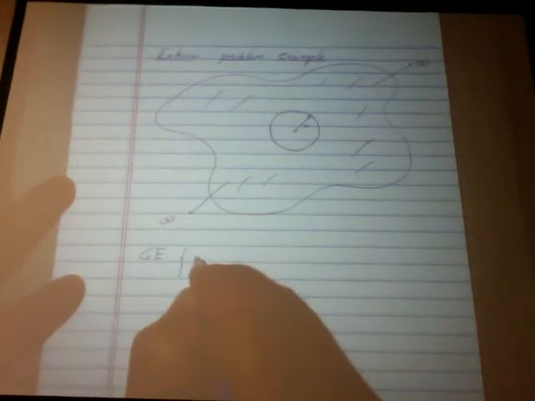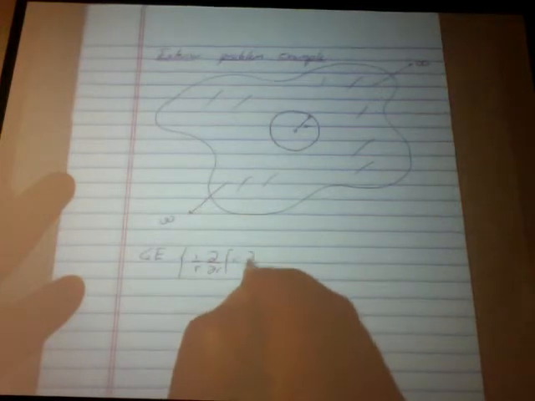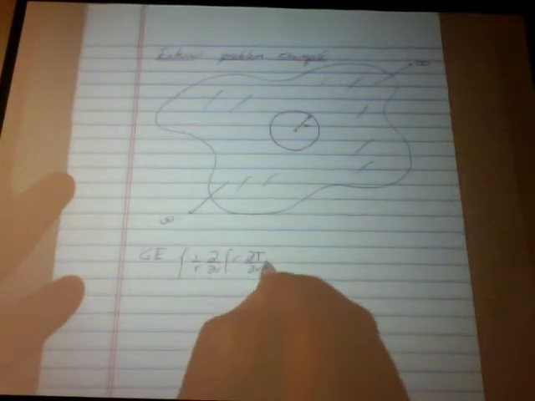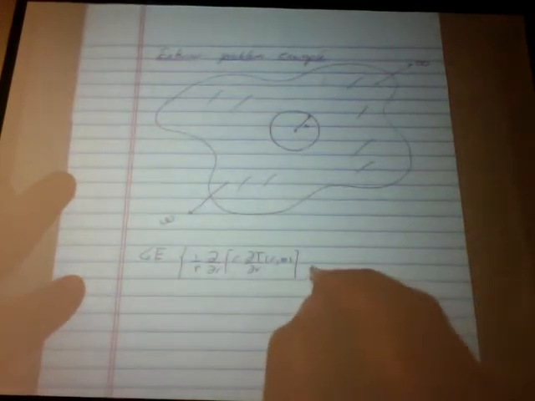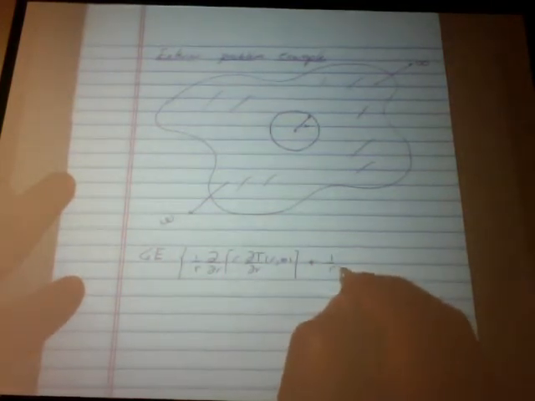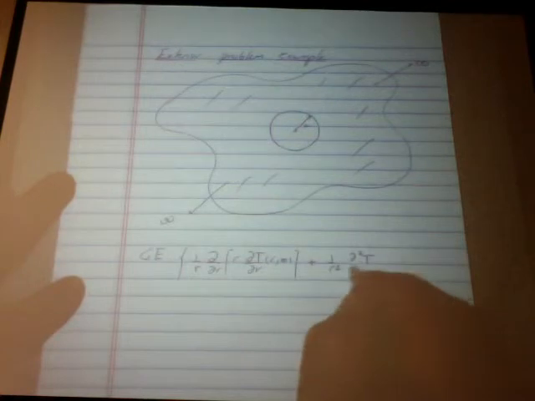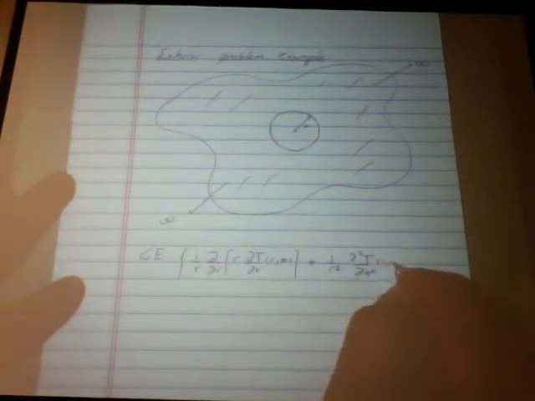So let's say that the governing equation again is 1 over r, d/dr of r dT/dr of (r, theta). Again, this is from an r and theta, we're not changing that. Plus 1 over r squared, the second derivative d²T/dθ² of (r, theta), is equal to 0, with boundary conditions,